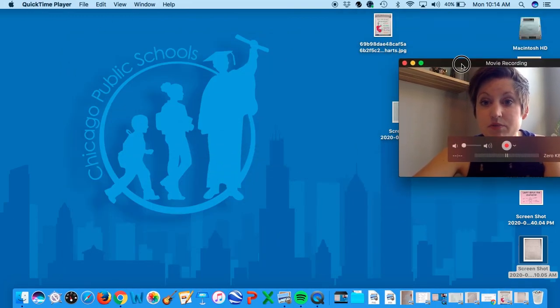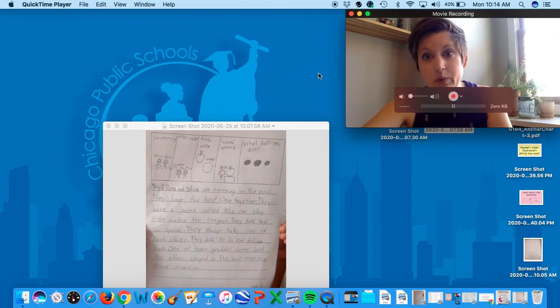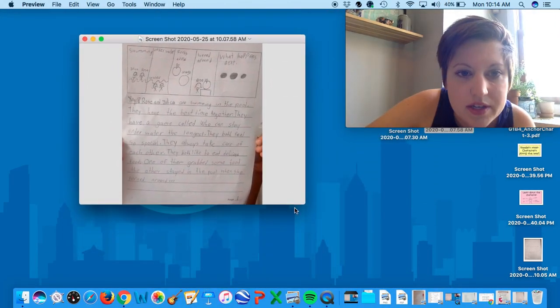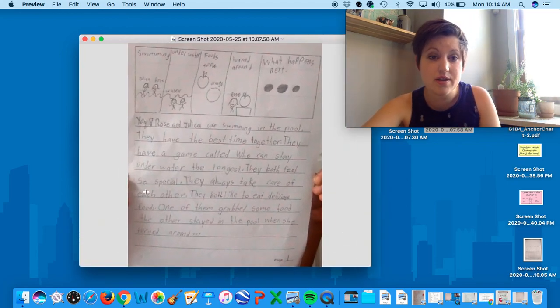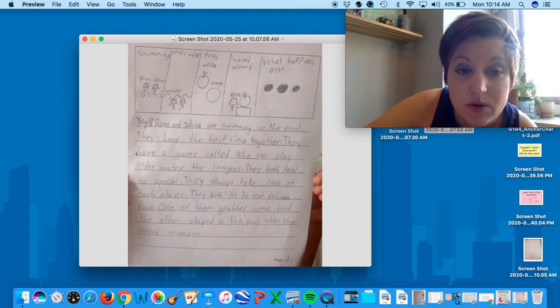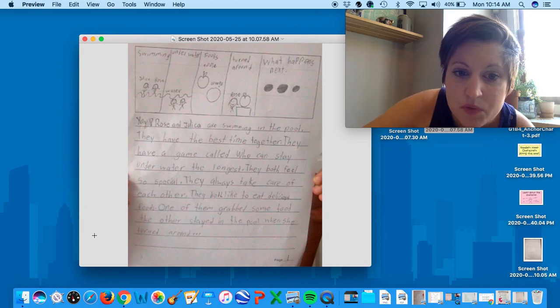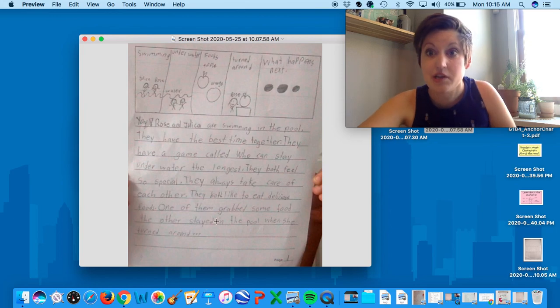Our next friend that we're going to take a look at is Peppy. It says, yay! Rose and Julika were swimming in the pool. They have the best time together. They have a game called Who Can Stay Underwater the Longest. They both feel so special. They always take care of each other. They both like to eat delicious foods. One of them grabbed some food, the other stayed in the pool. When she turned around,